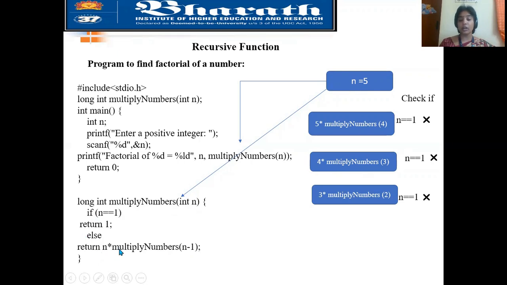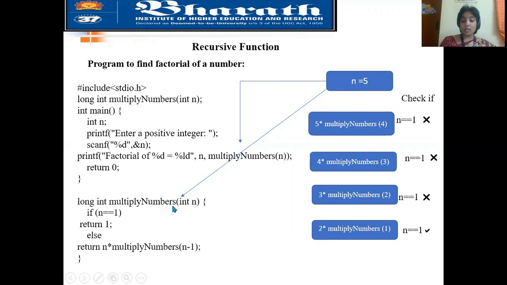It will be 3 star multiply numbers of n minus 1, which is 2. So we are going to call multiply numbers of 2. When it again goes to the function definition, at last we are going to have 2 multiplied with multiply numbers of 1. So here 1 is passed as an argument.